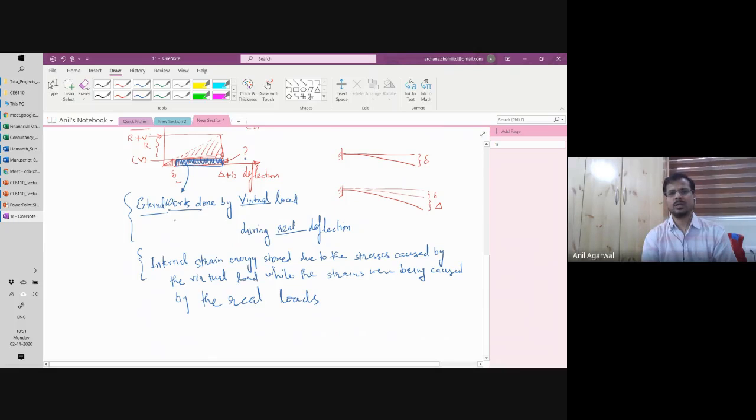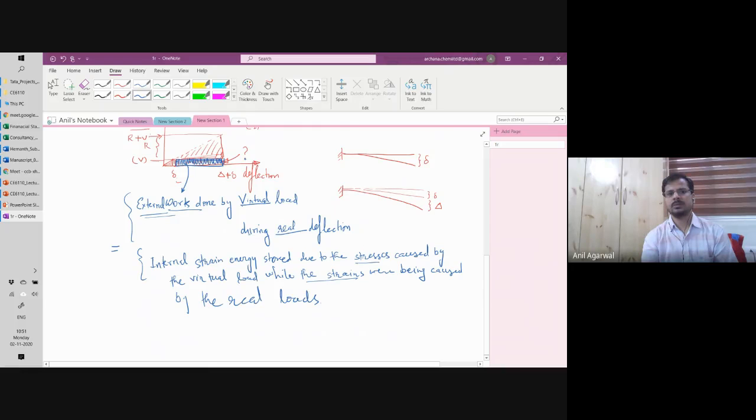Two things are same. Basically, what it is saying, external work done by virtual load during the real deflection. It is also saying internal strain energy due to the virtual forces, but these are internal forces this time. So the strain energy due to the virtual internal forces, while the real internal deformations are taking place. So that's why it is just strain and stresses, which are basically another way of saying internal forces and internal deformations. Okay. So basically what this method is saying is that external work done